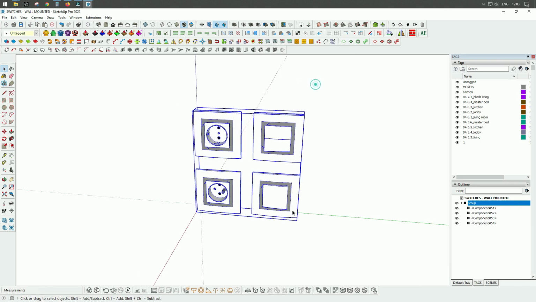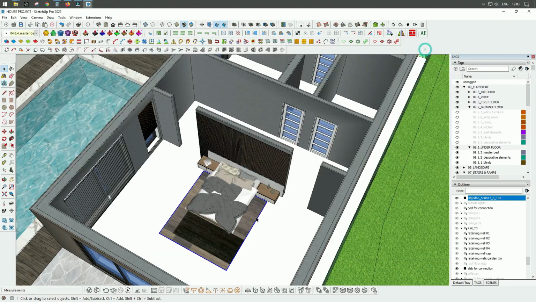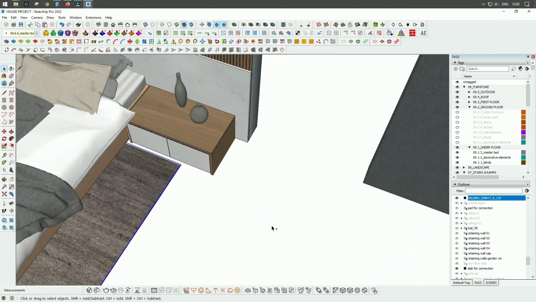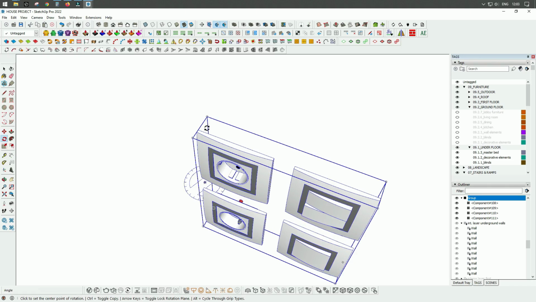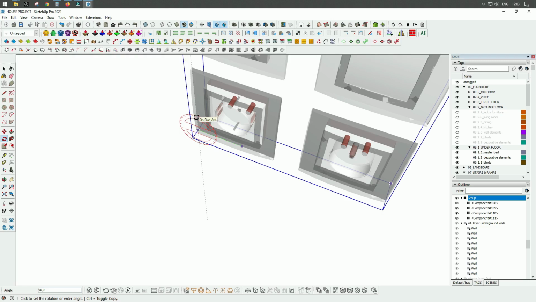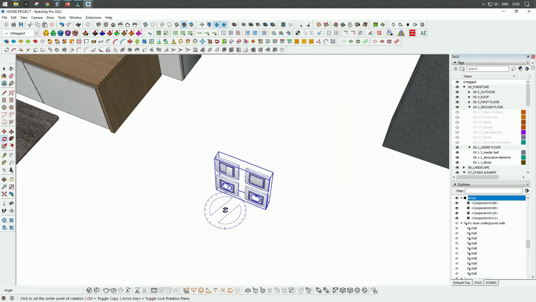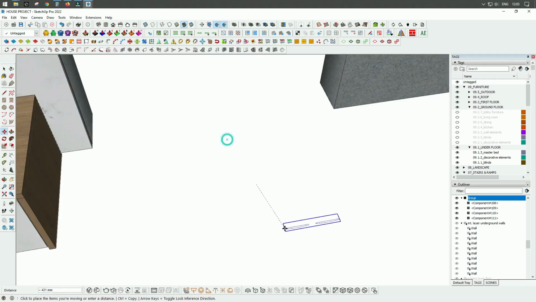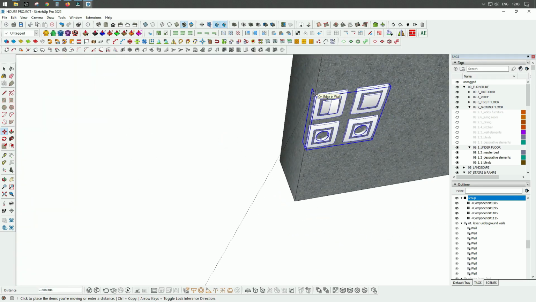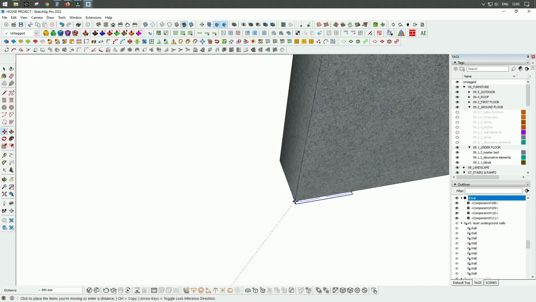I will create a new group, and I will copy this group into our model. These are our switches, and now I'm going to rotate this group, let's say in this direction, in 90 degrees, and I will place them on our wall. Somewhere here,